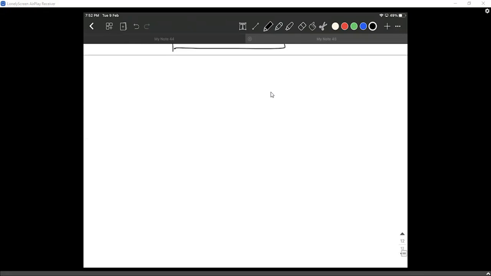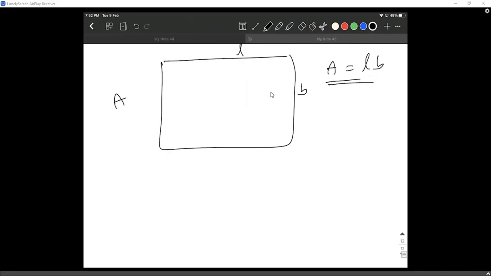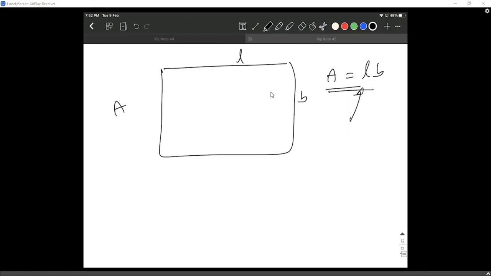Basically, the area of a rectangle is written as length into breadth. So whenever I have a percentage change in length and a percentage change in breadth, I also have a percentage change in area. Whenever I change length and whenever I change breadth, I have a percentage change in area also. So how do I write this change in length and all? Let me look at it.